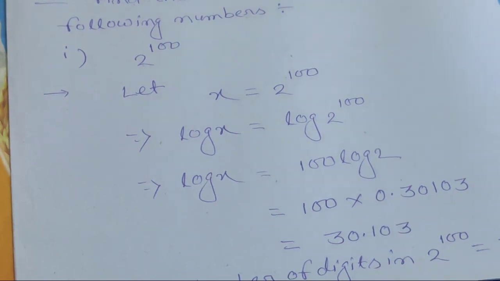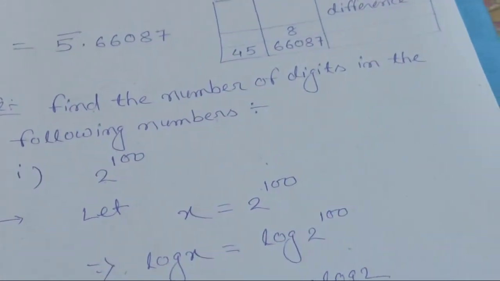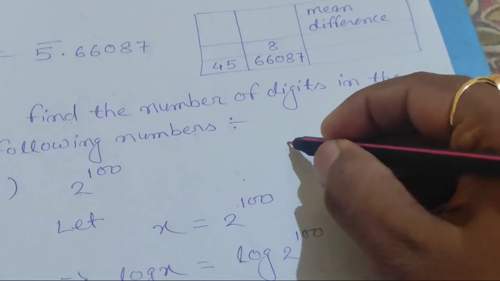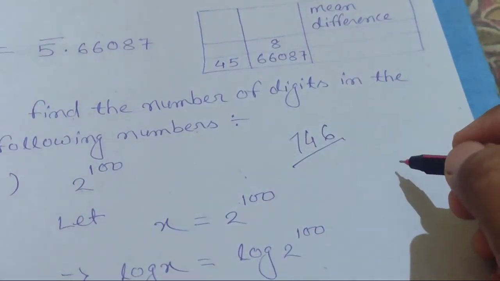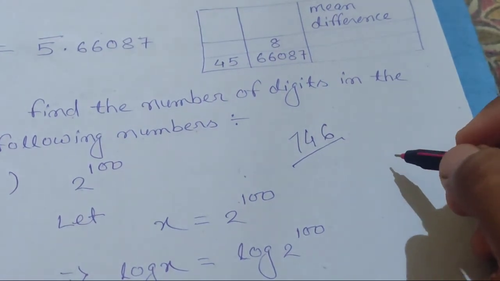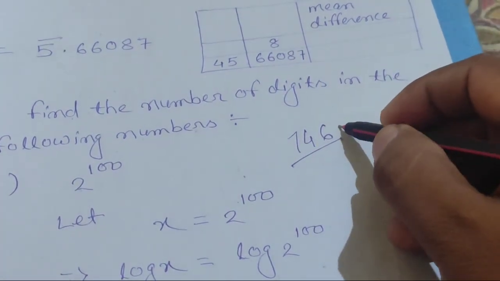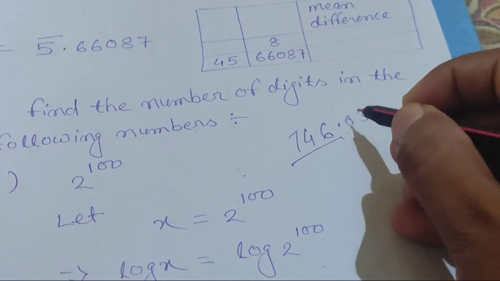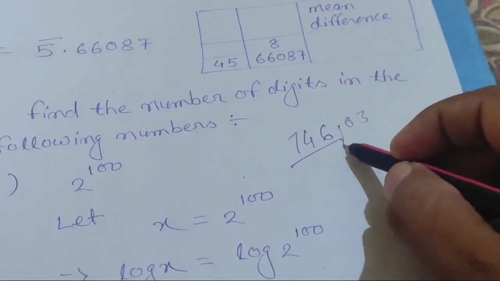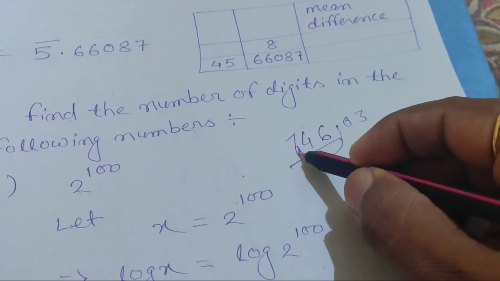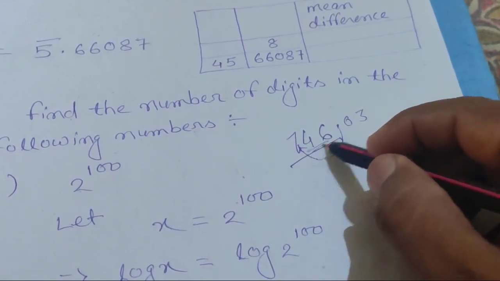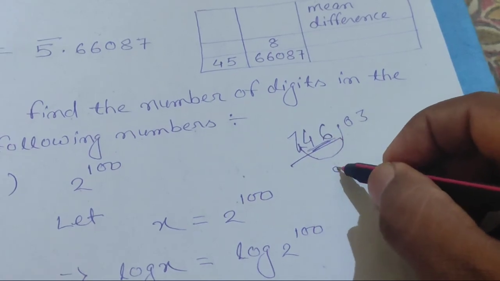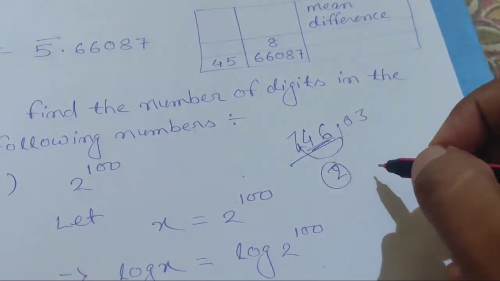Now when we do the sums in the exam, say we are finding the value of, suppose, 746 which I have shown earlier, there we will not show the characteristic. In that case, we just have to see, suppose here 746.03 is there. We will see that to bring this decimal after one digit, how many digits I have to move the decimal. So here, since I have to move the decimal 2 digits, I will say that the characteristic will be 2. In this way, we will directly write it there.